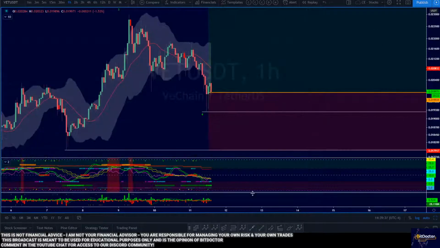So VeChain, we've got the 1 hour kind of bottomed out here. The 3 hour is getting close. The 12 hour is pointing down, which I don't like, but it can kind of kick back up at any time. What we really need to see is a nice curl out of this after this 3 hour starts to close in. It'll be really nice to see this, and I think a lot of the alts are going to be seeing this since Bitcoin has been correcting.